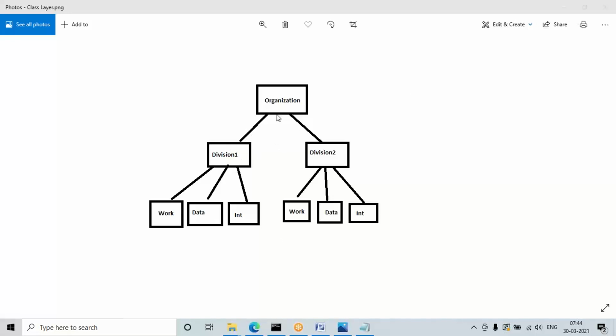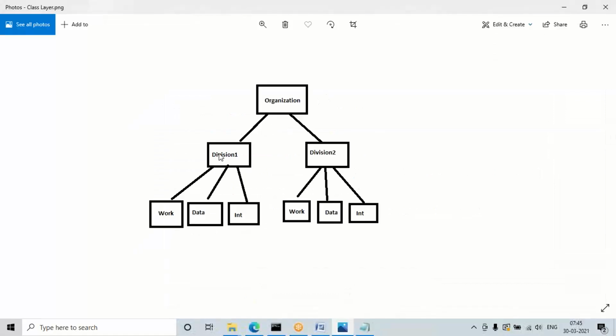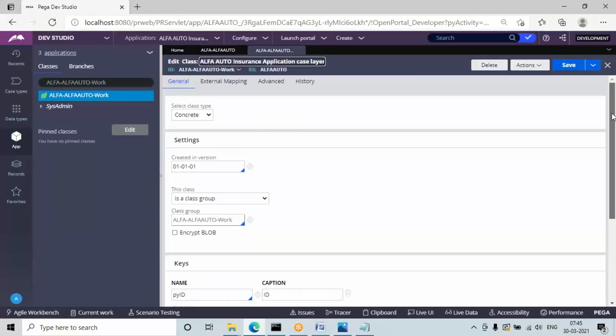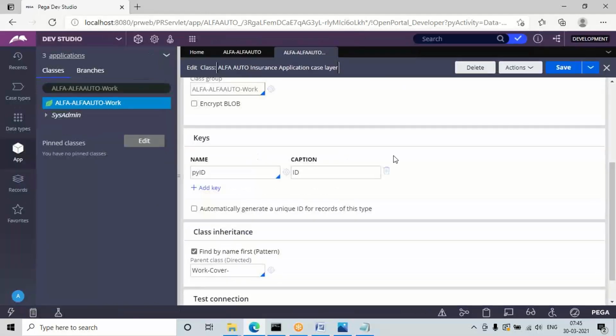See, the connection between user-defined classes, the hyphen between the classes, between organization to division and division to unit. That particular relation, that connection between organization and division or division to unit classes, is called pattern inheritance. So pattern is created based on user defined classes, and that is represented by a checkbox internally. Any class if you open, I'll maximize the size of the screen,